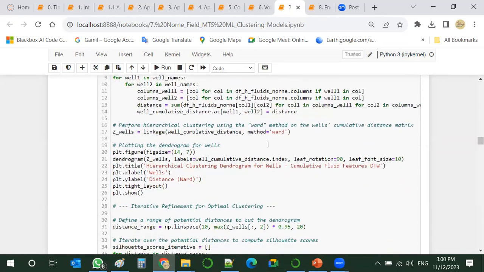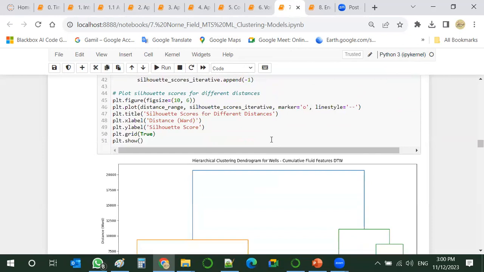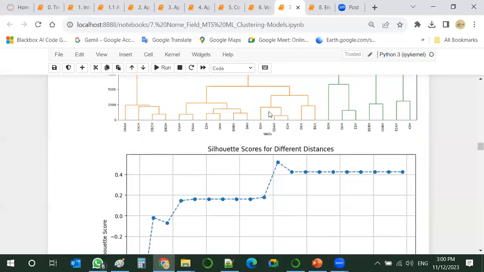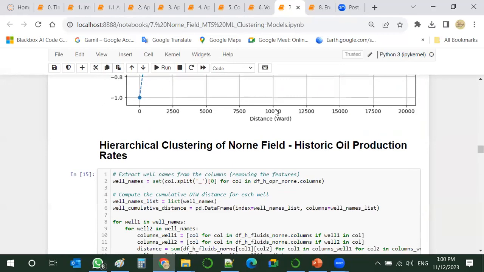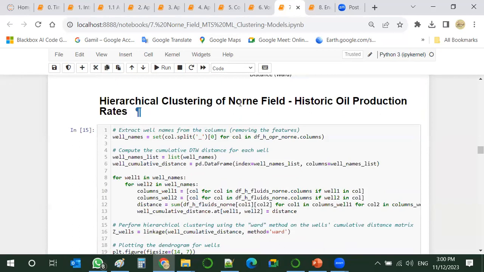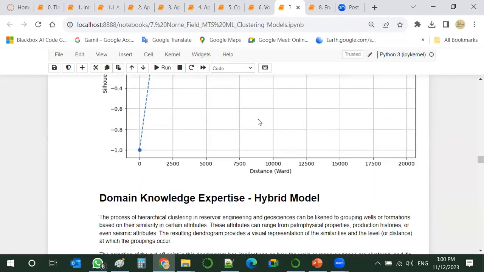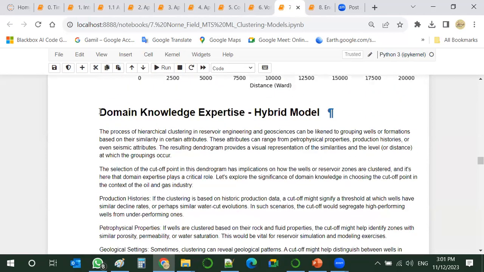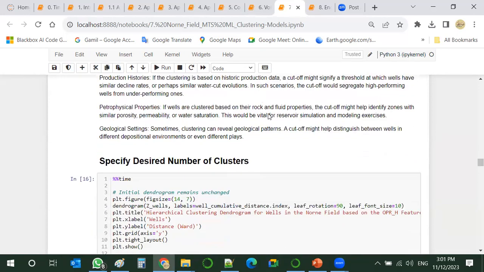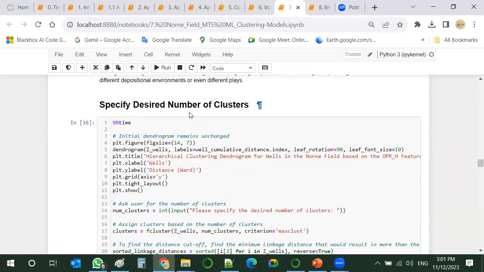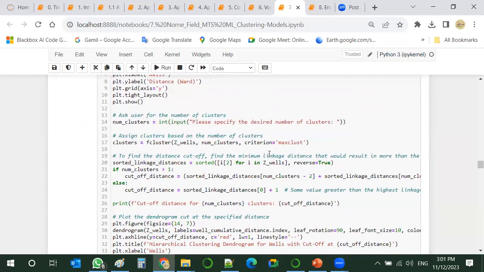We can have new results. So the door is open. The opportunities and potential are huge. And these are the results, as you can see here. We have done this, and we use domain knowledge to make a hybrid model in which we can specify the desired number of clusters.